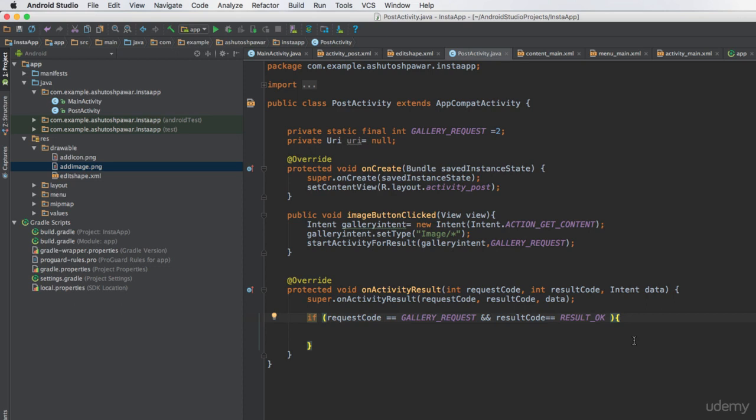Once this is done, we use this URI over here. So URI equals, and from this data we actually get the path. So we will type in data dot get data. Once we have it, we use the image button and set it equal to this particular URI. The first thing we do, even before accessing the image button, is